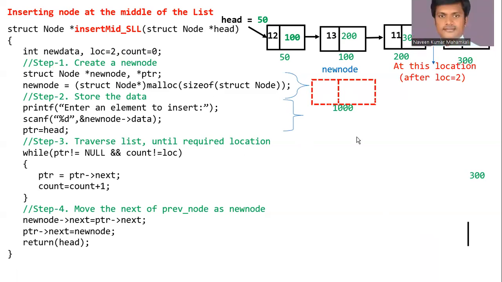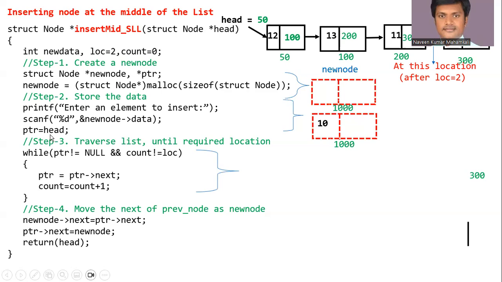At address 1000, now we ask the user to enter the data. Assume the user enters data 10 and the 10 is stored in the new node data field. You can see here 10 is inserted here. So now we initialize the